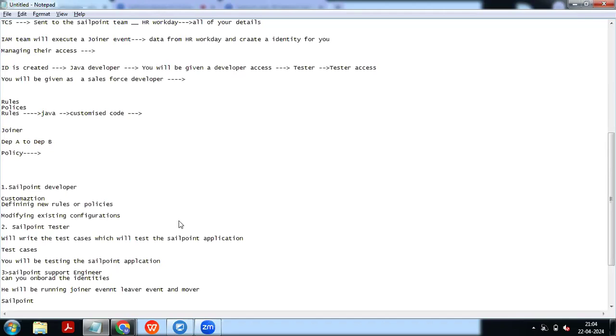Generally, in my previous company, I didn't get access to Google Chrome due to the client's policy. Correct. It depends on the company. If you are in Cognizant, they will allow you to access Google and all. If you go to some other company, they might restrict your access to social media, because they have that policy. Yes, sir, I get it.